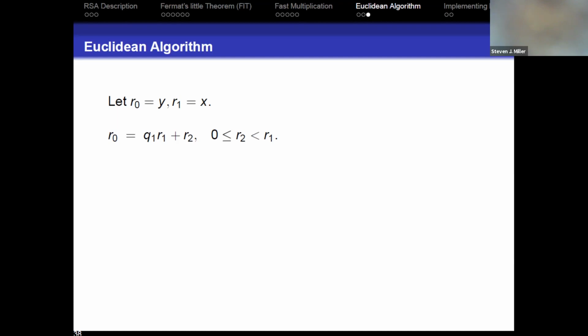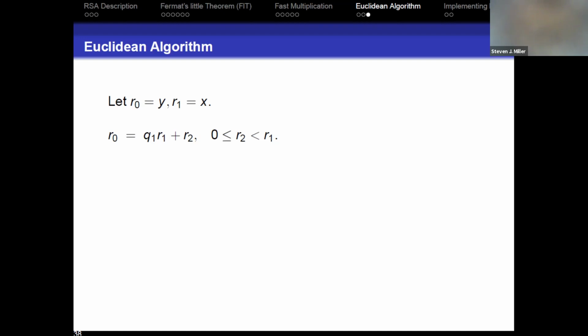So I write my number R0 as a multiple of R1 and a remainder. So Q1 R1 plus R2. And so this is just a simple division algorithm. I throw away as many copies of R1 as I can, and then at the end of the day, R2 has to be an integer between 0 and strictly less than R1. If the remainder happened to be R1, well, I could have increased Q1 by 1. If it's greater than R1, I could have also increased Q1 by 1. So I can keep doing this. I can keep throwing away multiples of R1 until I'm left with an R2 that is strictly less than R1.